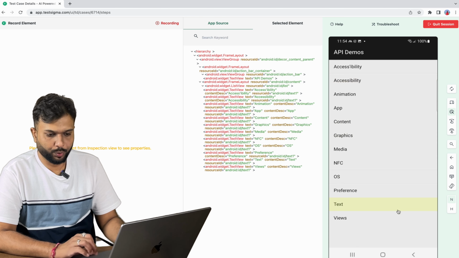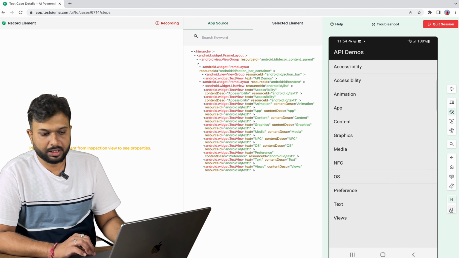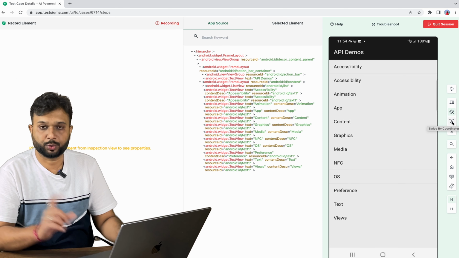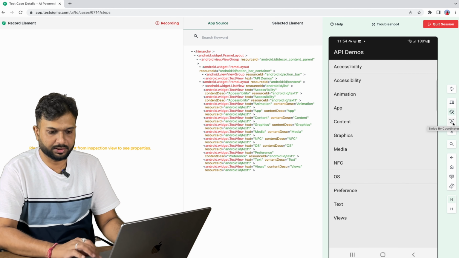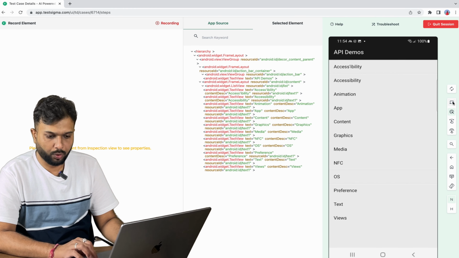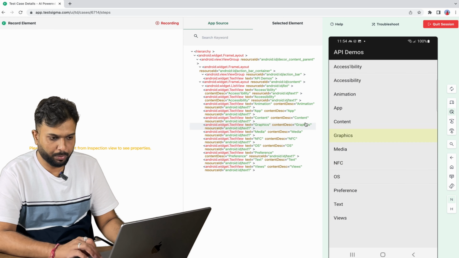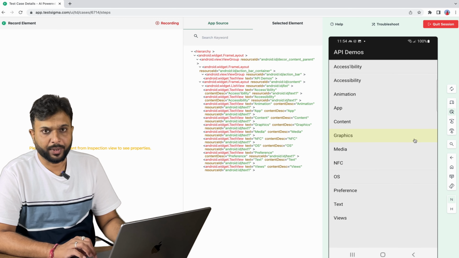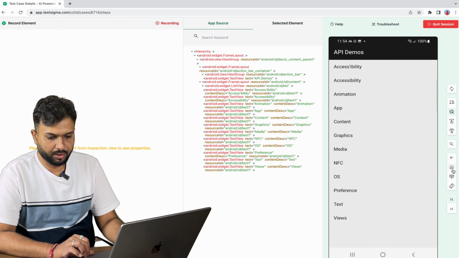This is how it looks, and there are some mobile actions available. I want to refresh, or I want to select a particular element, or I want to swipe, like these mobile actions. I want to tap on a particular element. So all these buttons are available here, and apart from this is the phone. This is how it looks. A home button, back button, everything is pretty much available, and here also the buttons are available. There are multiple options available.